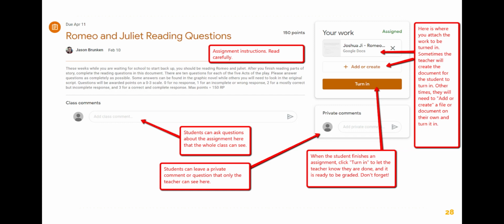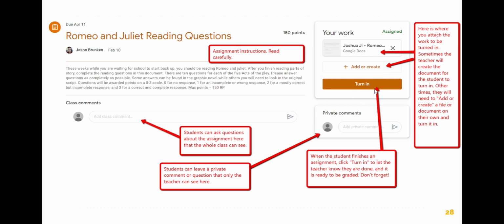So here's a deeper look at an assignment and what to expect when you open an assignment in Google Classroom. Again, I see the instructions, and I see here's the document that I'm going to turn in. Sometimes this will be created automatically. If it's not, I'll see a feature here that says add or create a file in order to turn in with this assignment. Sometimes, for example, with practice book pages, the instructions might ask you to take a picture using your phone. This is where you're going to add a file, such as a picture of those completed practice book pages to turn in. Once you add all the files you need for this particular assignment, click the Turn In